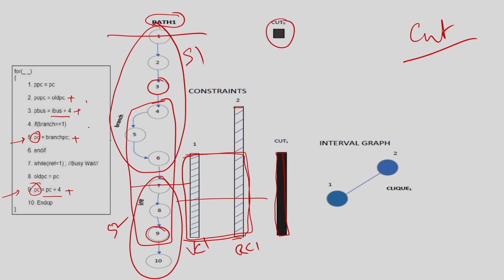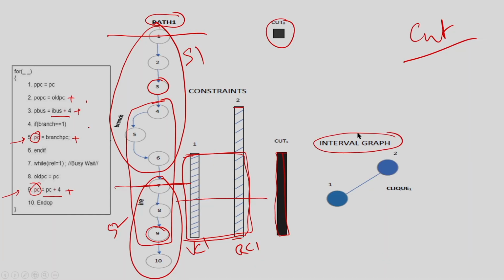Okay. So, for this behavior, for one path, I understand that there are 2 constraints, and to satisfy them I have to cut somewhere between this, and if I cut it here, effectively I have 2 states. In state 1 I execute all operations from 1 to 6, and in the second timestamp I execute all the operations from 7 to 10, right. This is manually possible because there are only 2 constraints, 2 such bars, but if there are say 100 such bars, identifying this manually is not a way. I am assuming these things can be done by software, a high level synthesis tool. So, how can I automate this process?